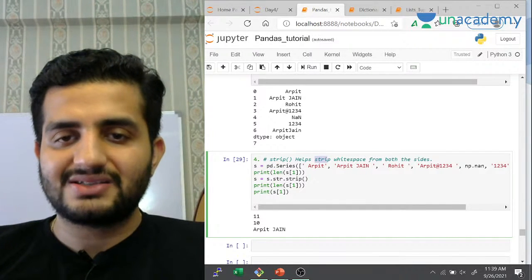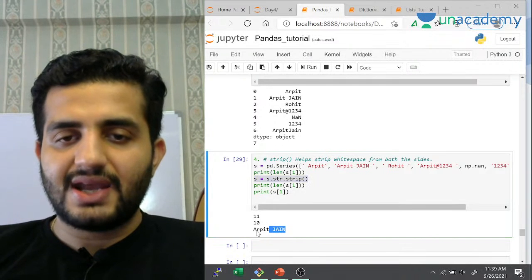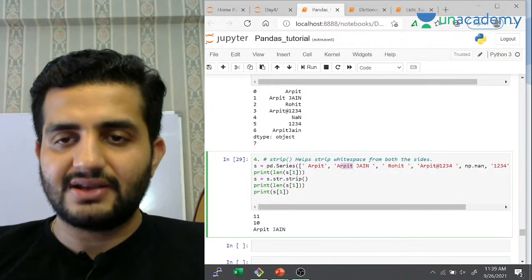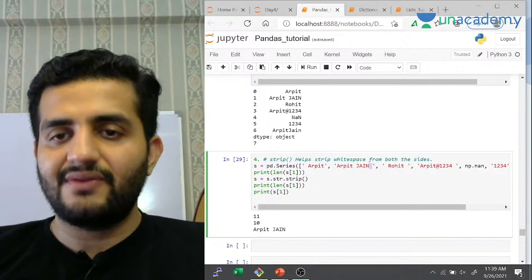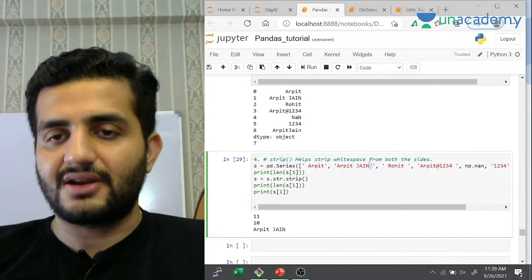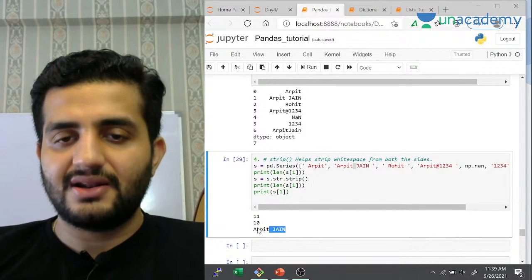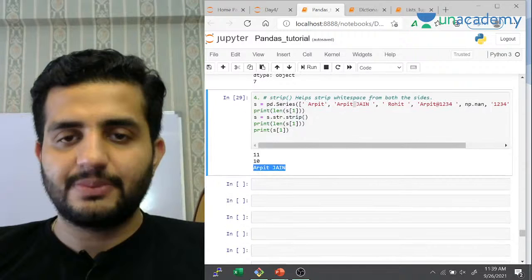This Arpit Jain initially had 11 characters: 5 for Arpit, 4 for Jain, so 9, plus the space in between makes 10, plus the unwanted space makes 11. When I pass it over strip, it removed only the unwanted one, not the wanted one. So I have 10 now, and Arpit Jain still looks the same. That's how strip works.